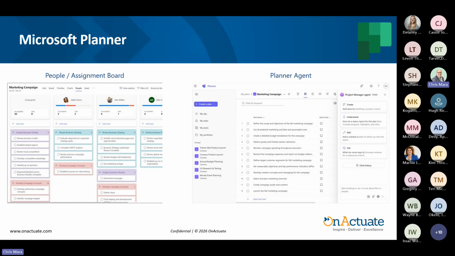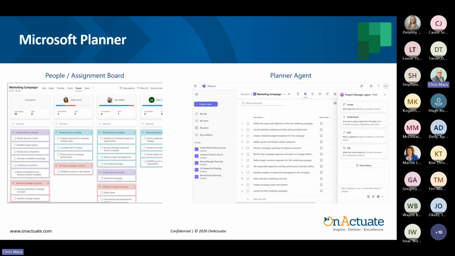So a few other things that Planner provides. On the left screenshot, you see a people or an assignment board. This provides the ability to understand how work is distributed across your team. So you can quickly see where someone may be overallocated or underutilized and rebalance assignments as needed. Think of this as the practical delivery management lens. The timeline tells us what needs to happen when, but the people and assignments tell us whether the workload is realistic for the team that we have. A way to explain this for leadership is, the people view helps us answer: do we have the capacity to deliver this schedule?